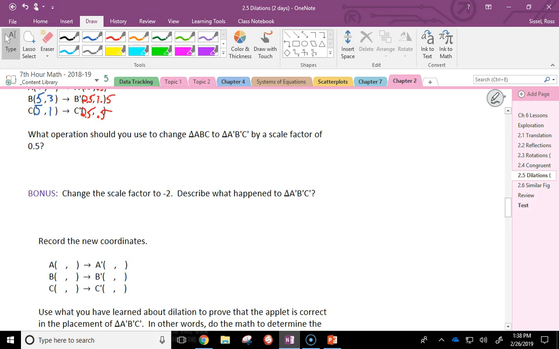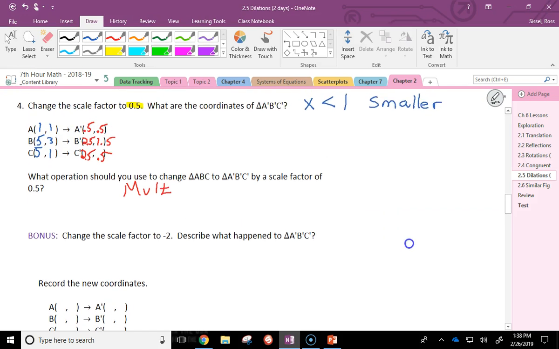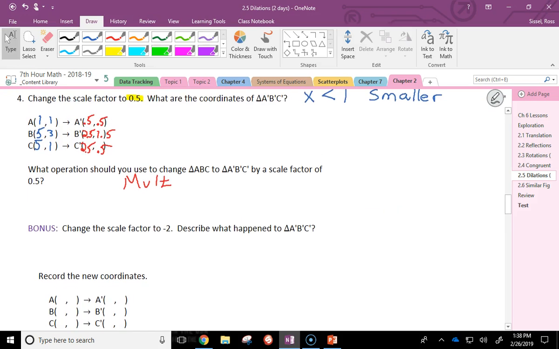Okay, then let's pay attention to this. What would have been my operation we would have used to find those 3 answers? Colin? We would have multiplied by what? 2.5? You said 2.5. Bryce? 0.5. Okay, multiplied by